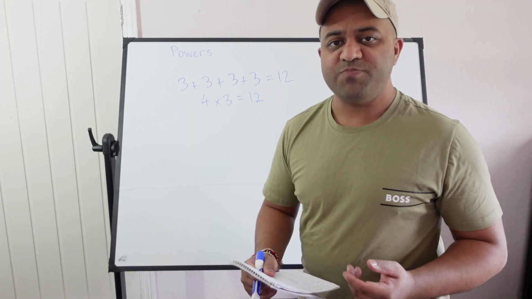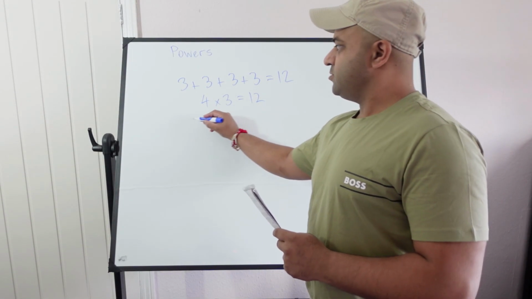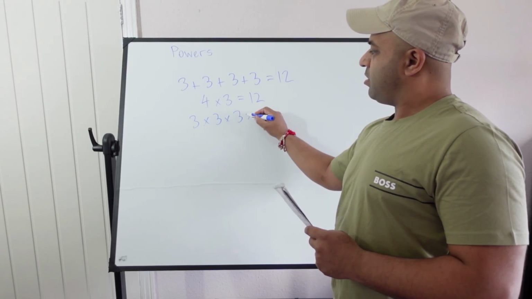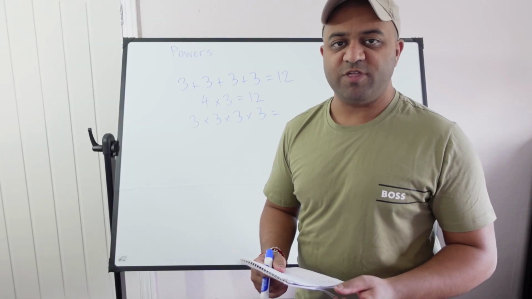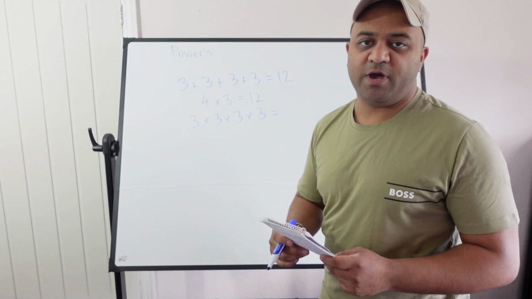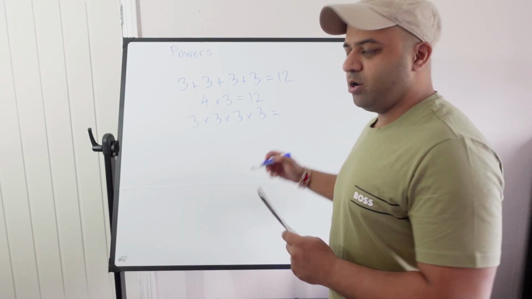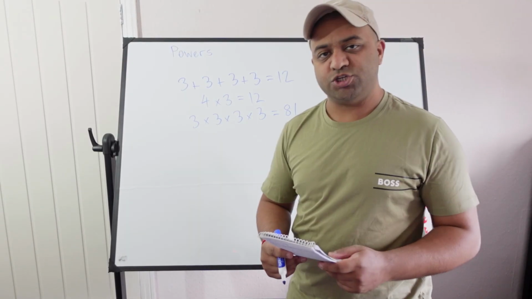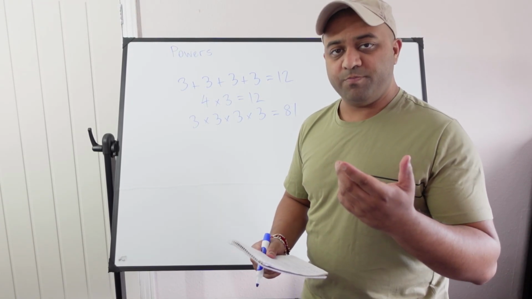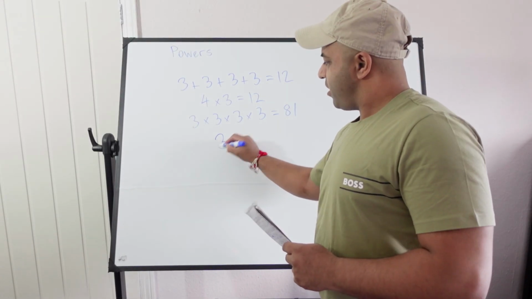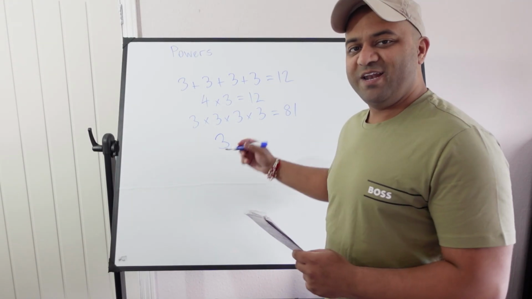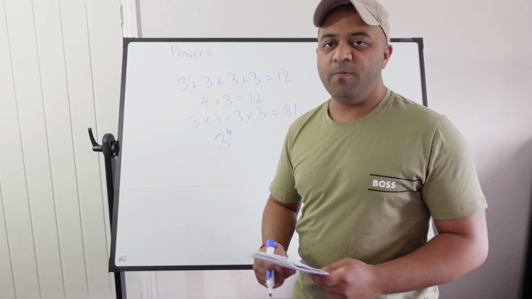In the same way, if we do repeated multiplication, we can write a shorthand for the same thing. So 3 multiplied by itself 4 times is 81, and the shorthand way of writing down the number 3 multiplied by itself 4 times in a row is to write the number 3 with a little 4 in the top